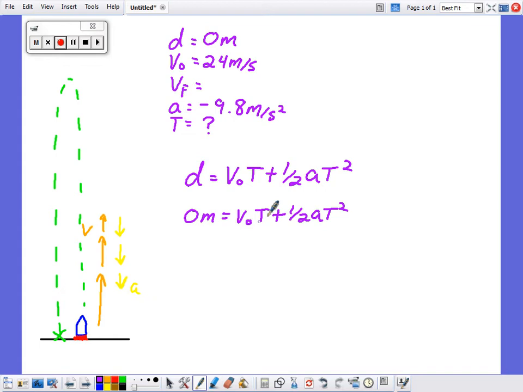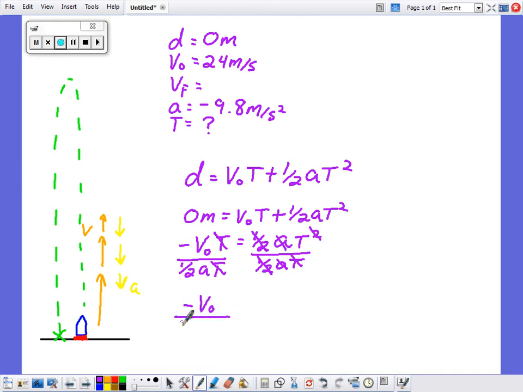And now I'm going to subtract my V naught T to the other side, so I get negative V naught T equals 1/2 A T squared. Now I'm going to divide by my 1/2 A and T from both sides. And when I do that, my T's over here are going to cancel, my 1/2 A's are going to cancel, and I get rid of that squared in the top, and I'm left with negative V naught over 1/2 acceleration